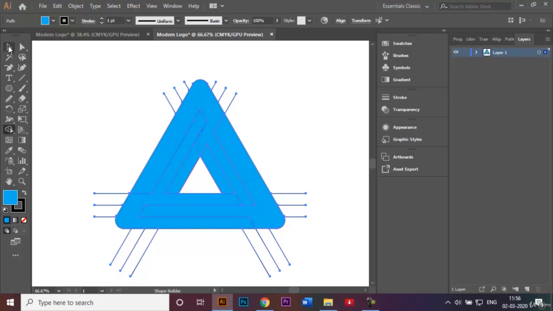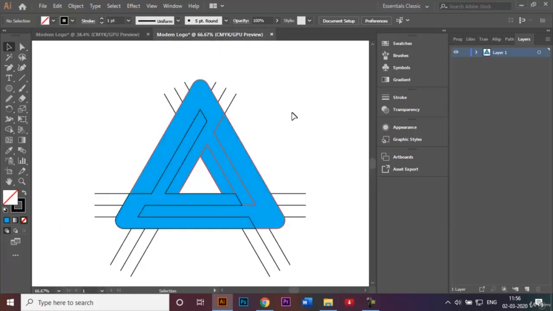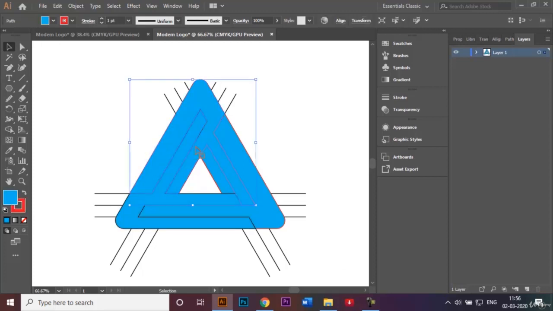Okay, so we've somewhat made the same logo, but I have made it a little differently. It's kind of like a variation of the same logo that we had just created. Right. So what I'm going to do is that I'll select the 3 edges, the 3 parts that we have just made,